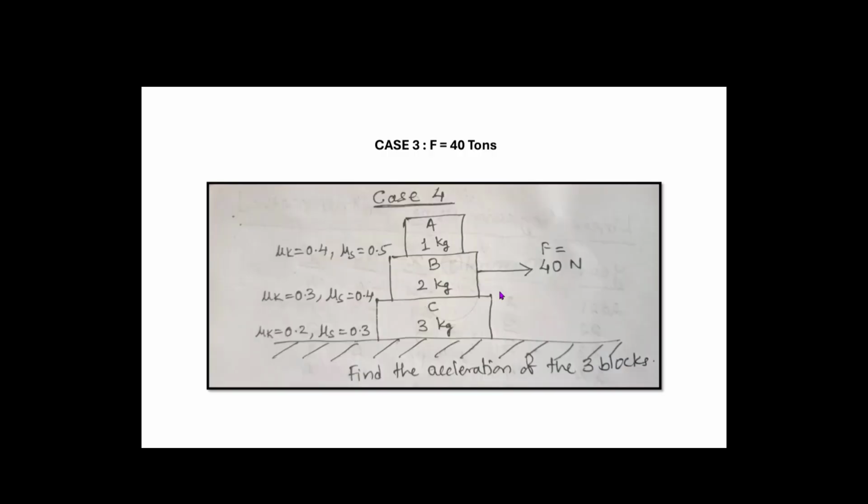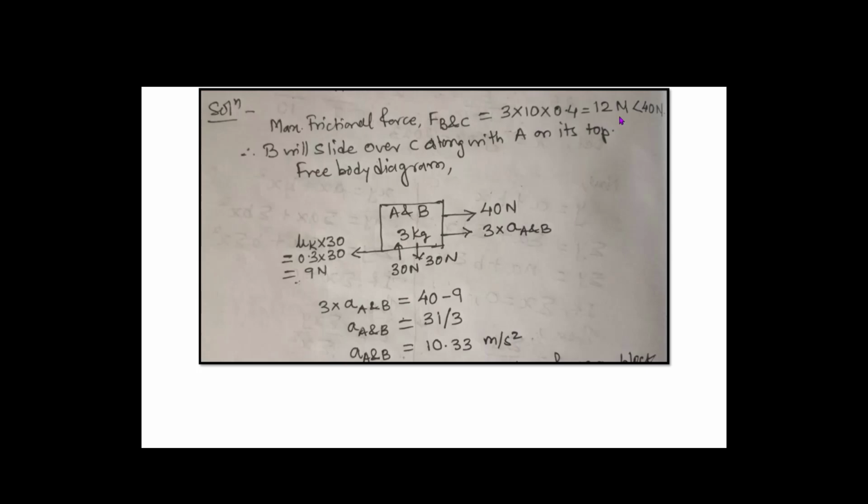So 12 Newton is the maximum value of the frictional force. The moment your force goes beyond 12 Newton, block B will start sliding on block C. Which is the case here, because 40 Newton exceeds 12 Newton, we will clearly have a sliding motion happening